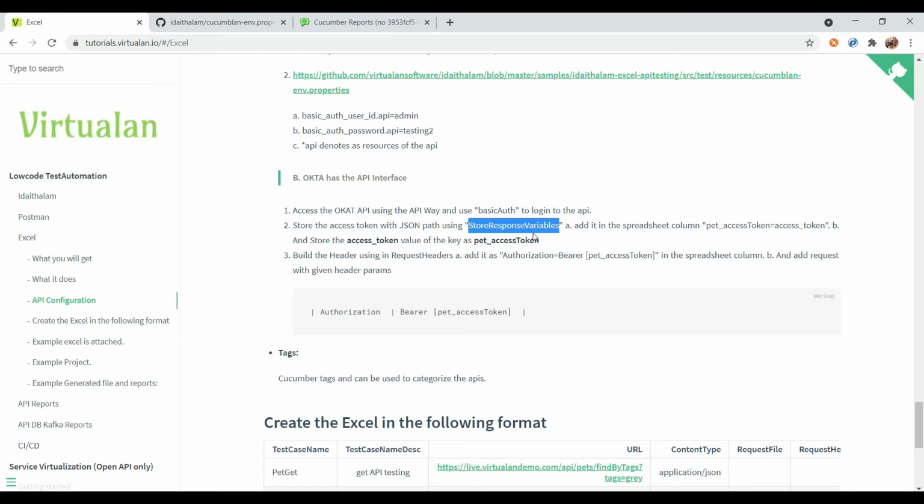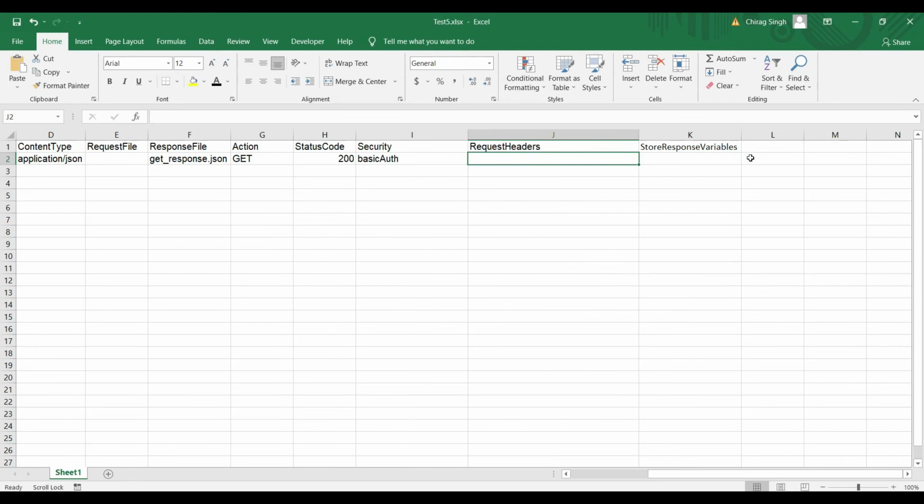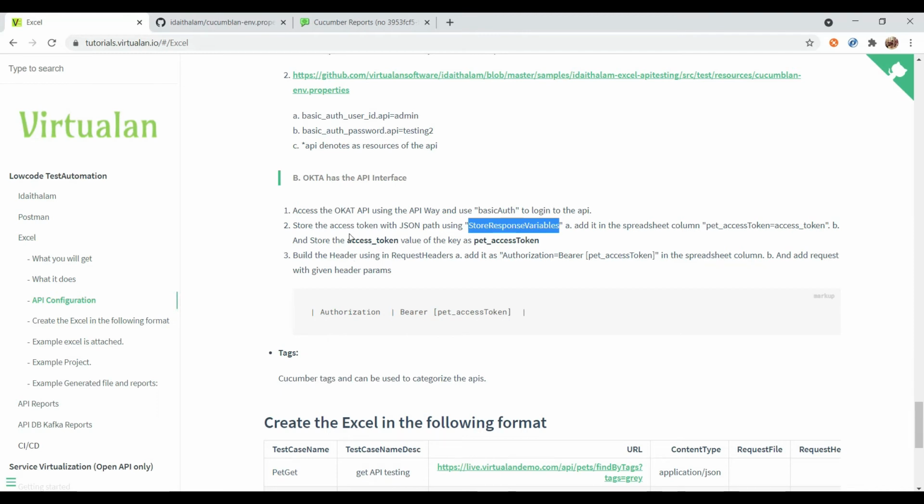I already created a separate video for this store response variable, you can watch it. It is also another column name, where we have to get the access token. They have mentioned here, this is my access token which is coming from the response, and this is the variable.